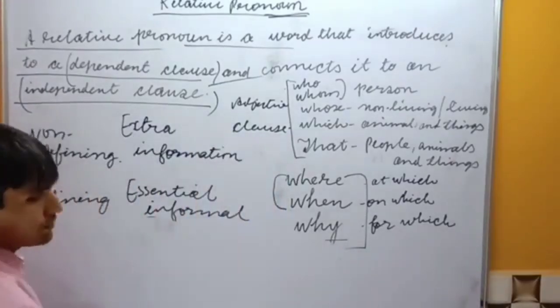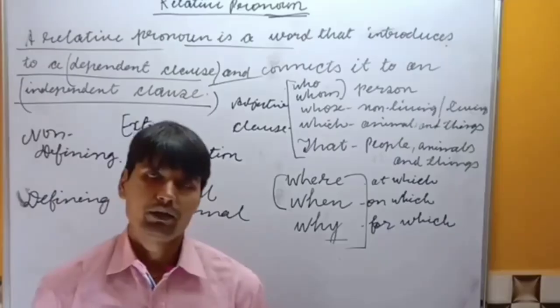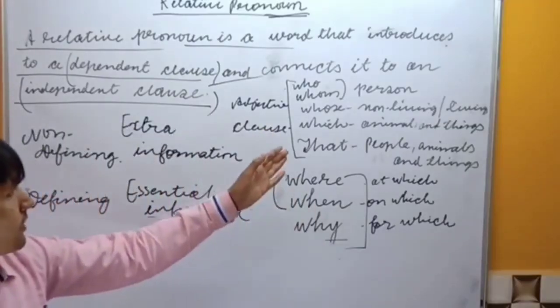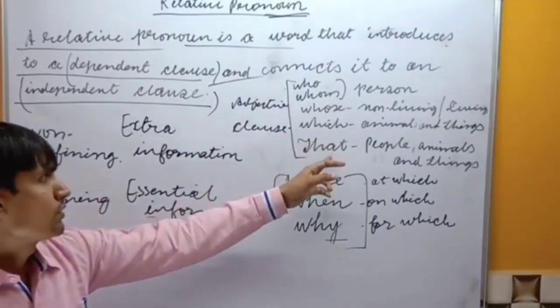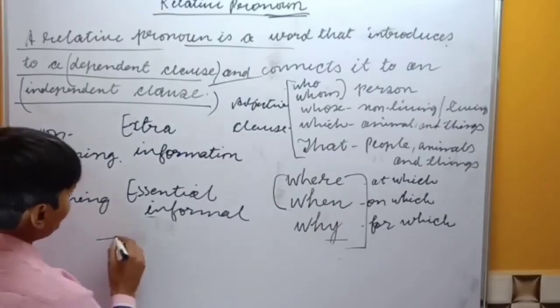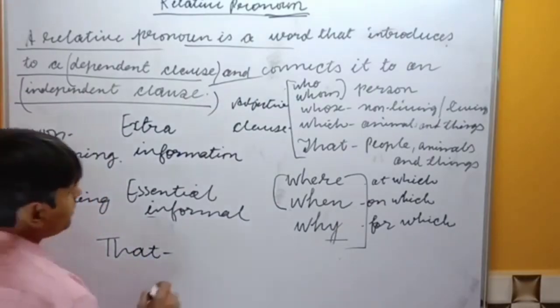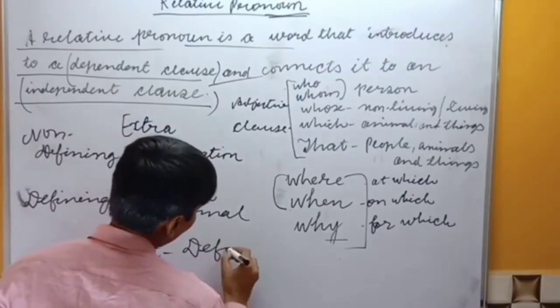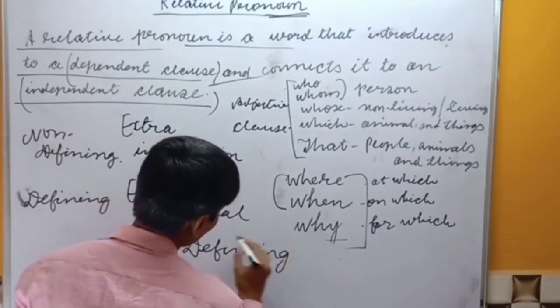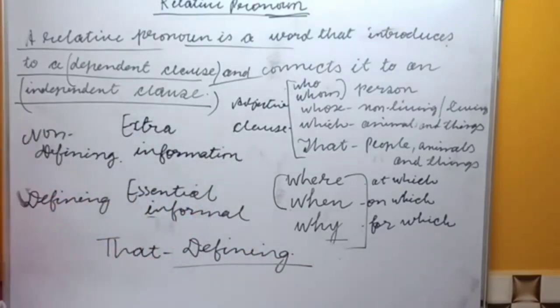So far we have known where to put a comma and where not to put a comma. Now let's see where to use which or where to use that. So that is always used with what? It is always used with a defining clause. It means it always gives the essential information about the sentence. For example, if you write,